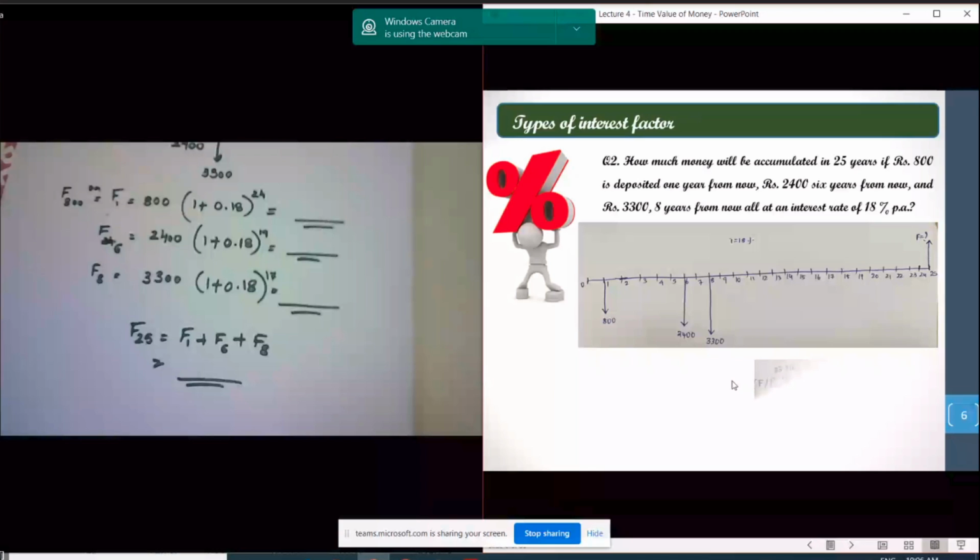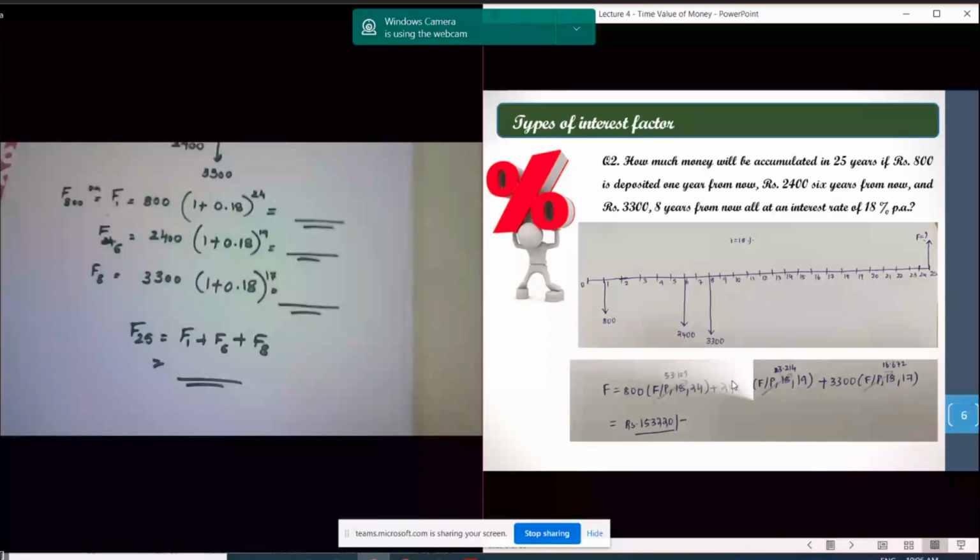So I have the compound interest values for each of these deposits. Here, in one single attempt, the entire cash flow has been resolved. Either you can go step by step, or you can go like the one which I have displayed on the PPT. In one shot you can resolve the entire cash flow. So that can also be done. Here, the future value at the end of the 25th year.